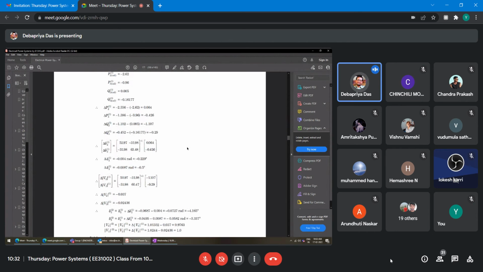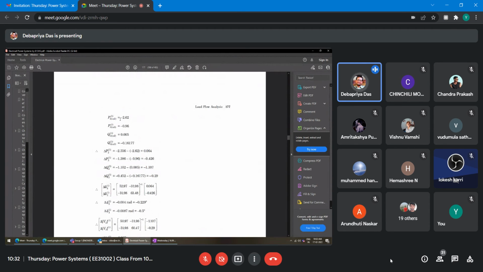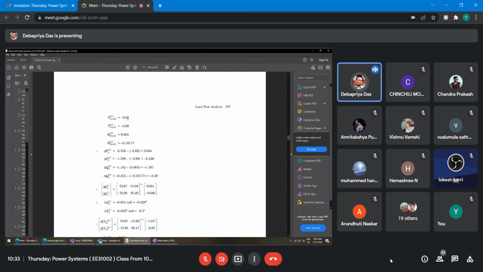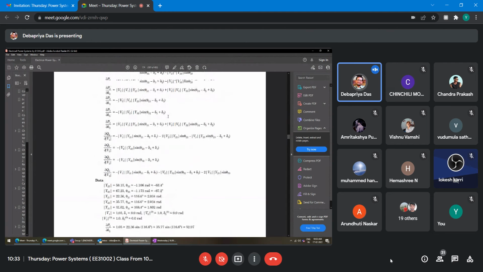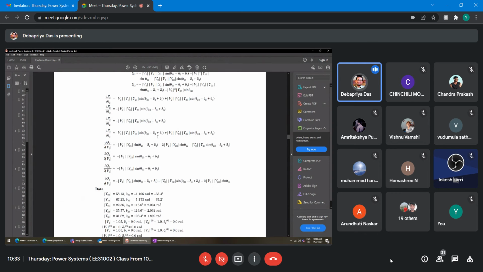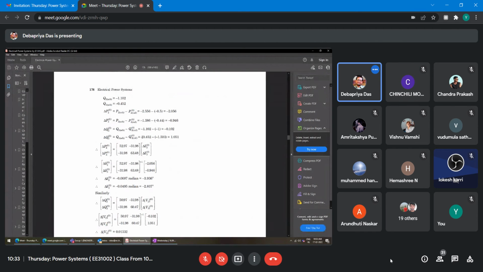So in the second iteration, what you have to do is calculate P2 calculated. That means using this new value of V2, V3, delta 2 and delta 3, you calculate P2 calculated. Here the final value is written, but you please calculate. That means you substitute those new values in these equations. In general, the new values of V and delta, you substitute here. Slack bus voltage will not change. You substitute here, and then if you calculate, you will get